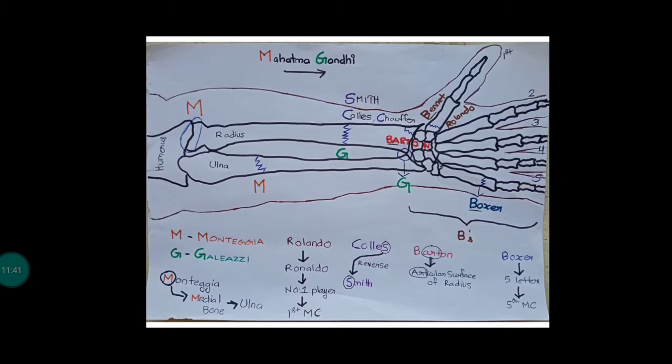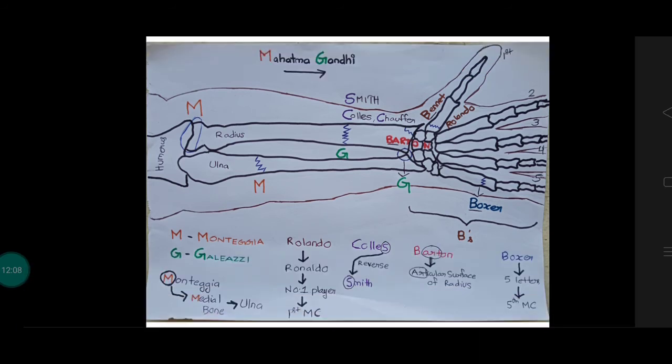Okay, so what is this Bennett fracture? It is simple to remember. Remember the word net. We all know that internet is for us, we need internet. We can't live without internet, right? So internet is always our first priority. Since internet is our first priority, we can remember that Bennett is seen in the first metacarpal bone.